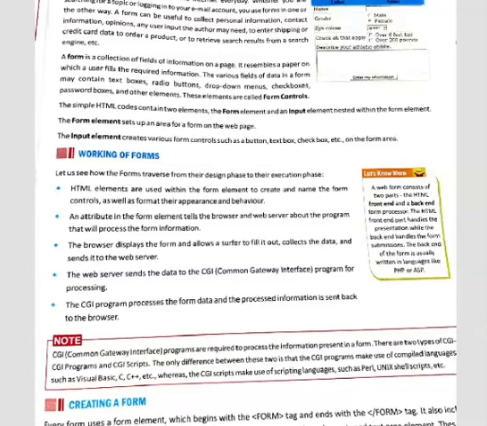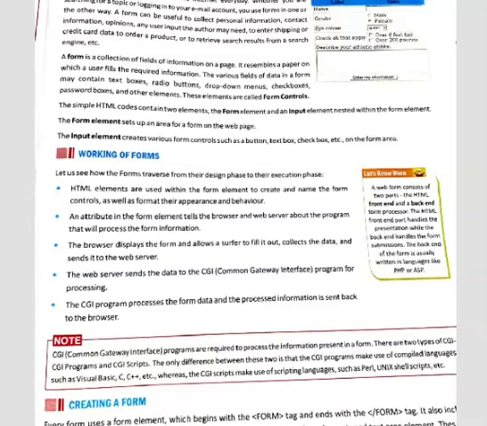The different features of form are as follows. HTML elements are used within the form element to create and name the form, control as well as format the appearance and behavior. It means a form has different types of elements which keep the behavior and attributes.